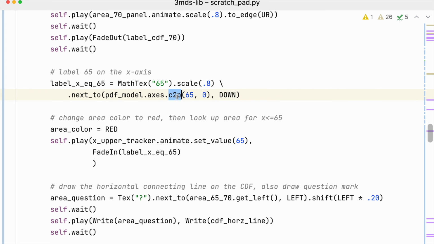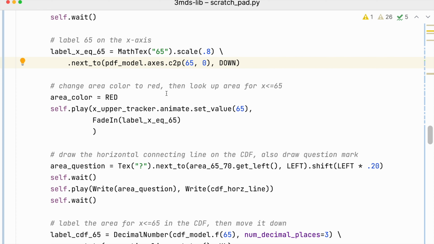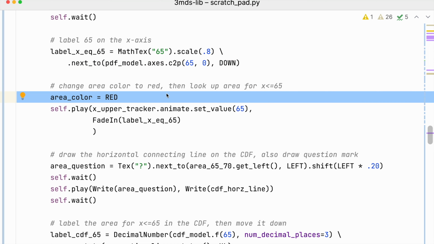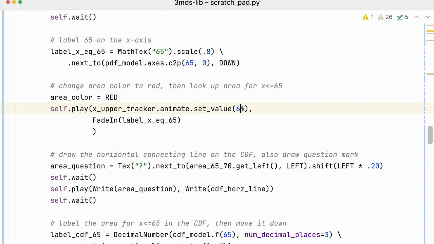So again, we're using the coordinate to point function on the PDF model's axes to convert that 65.0 coordinate into a point on the screen. Now we're going to switch the area color to red, because we're now going to get the area we're subtracting, which is going to be the area up to 65, and subtract that from the area up to 70. So we will set the value to 65 on the tracker,